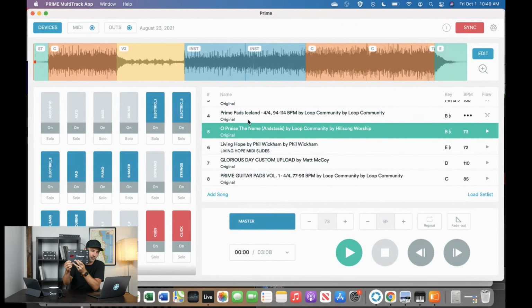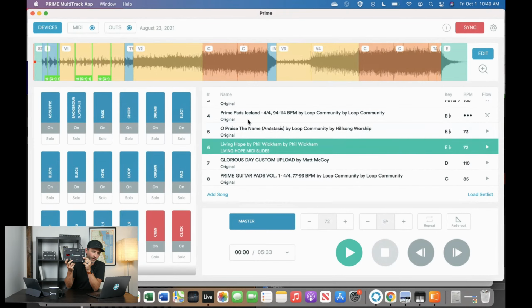So I could just press play by pressing the button on Looptimus. I could stop everything by pressing the stop button on Looptimus. Go to the next song if I want, and press play. So you can completely have hands-free control of Prime by using this device. Now, the possibilities are endless of what you want to map inside of Prime,